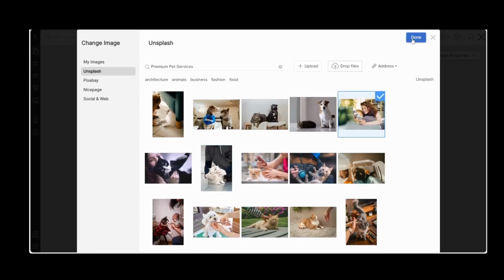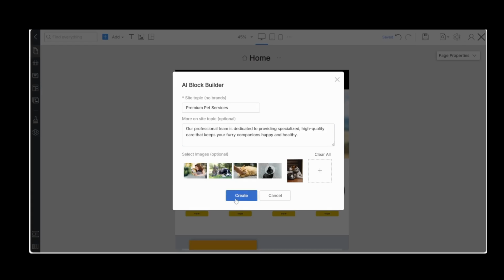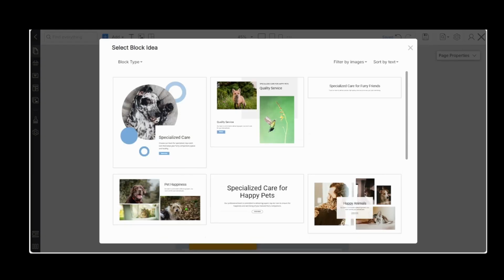It's done. Images are loading. It's done. Let's create. And let's see what it has.